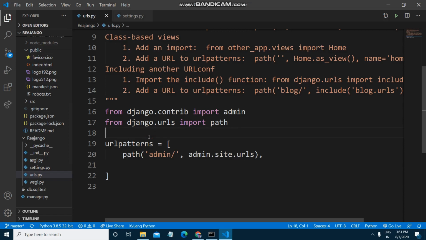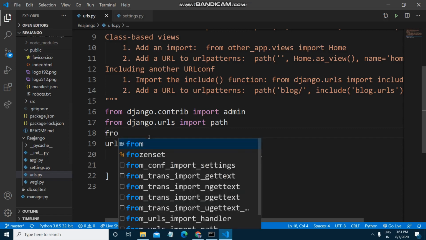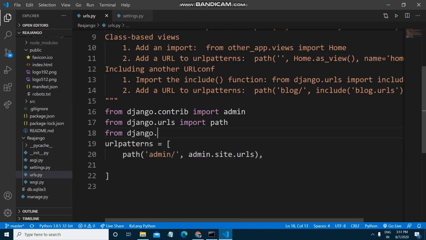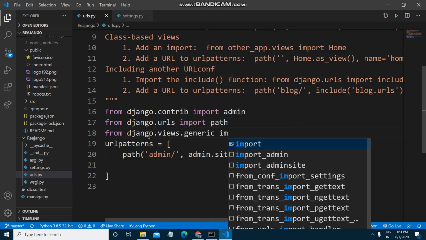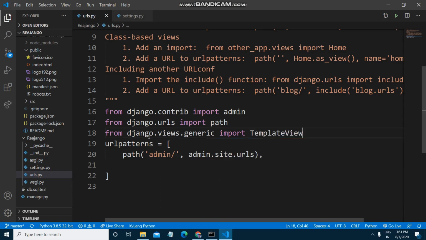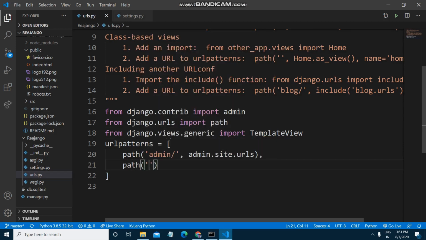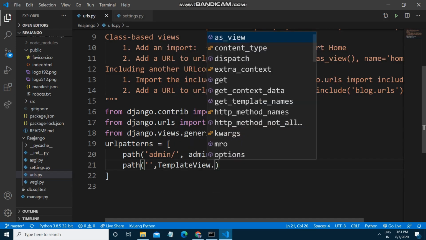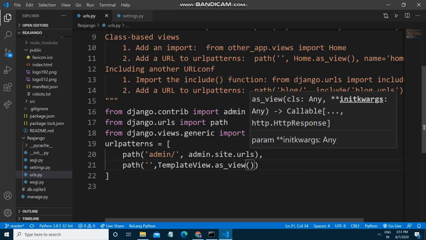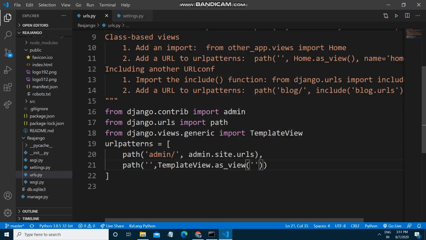Now I will go to my urls.py, and here I will define a generic view, so we can access the template with its name. I will type from django.views.generic import TemplateView. Here I will give the path. The path will be blank, and TemplateView.as_view, and here we will provide the template.